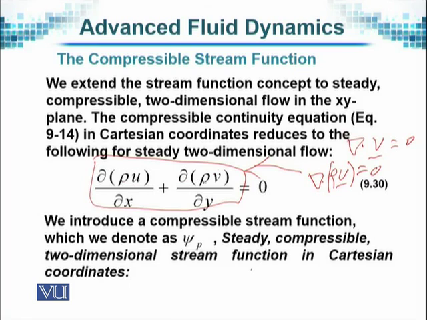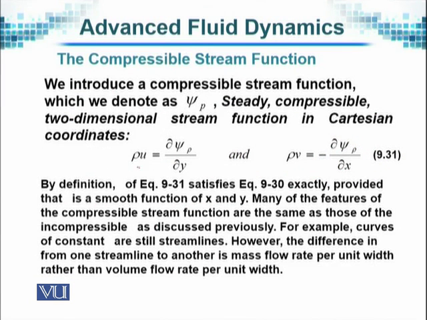Here, when rho is being multiplied with the components u and v, then we define the stream function for compressible flows in a very similar manner. If the stream function for compressible flows is psi rho, this rho is meant to indicate that it is compressible flow, that is, the density is changing. So rho u will be equal to the partial derivative of psi divided by dy, and rho v